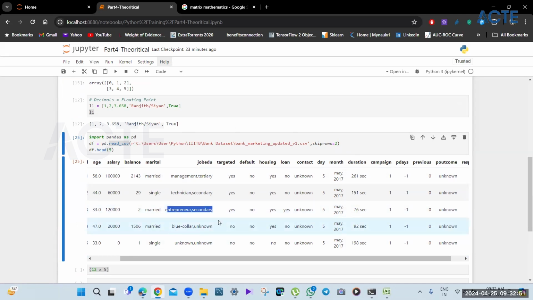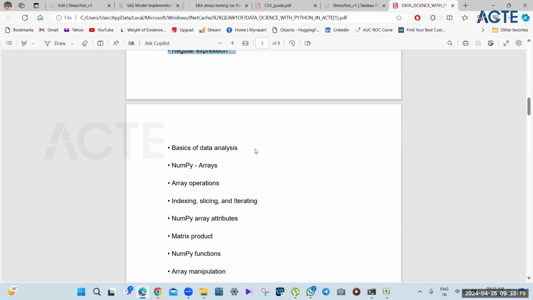To tackle those kinds of things, we will use regular expressions. A regular expression will look through the characters, see where the expression differs, and split them into 2, 3, or n number of parts. So long story short, that's what it does. If there is a comma, it replaces the comma with a space. Those kinds of things are what regular expressions do.